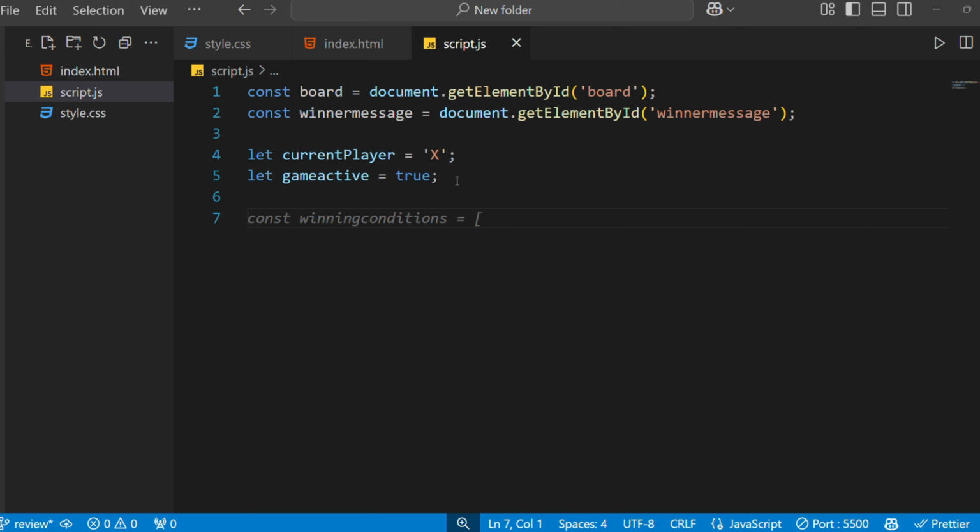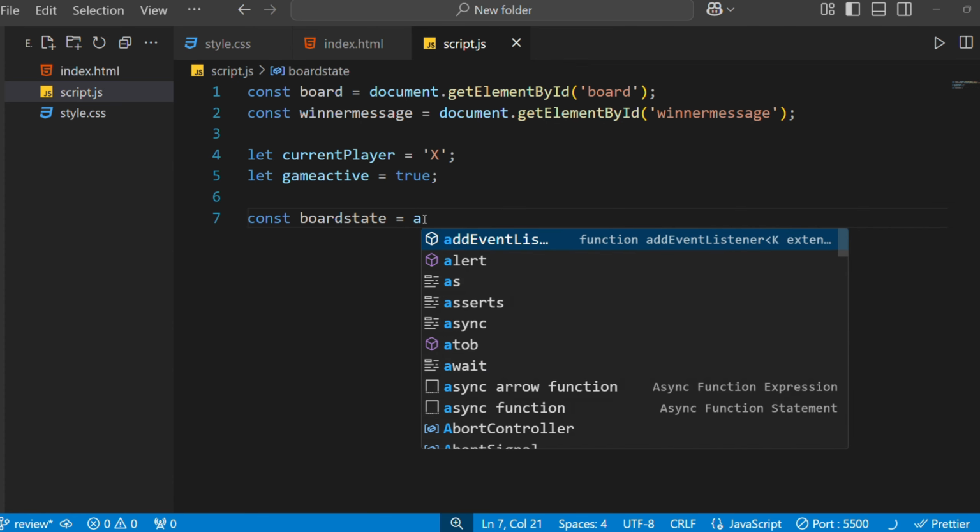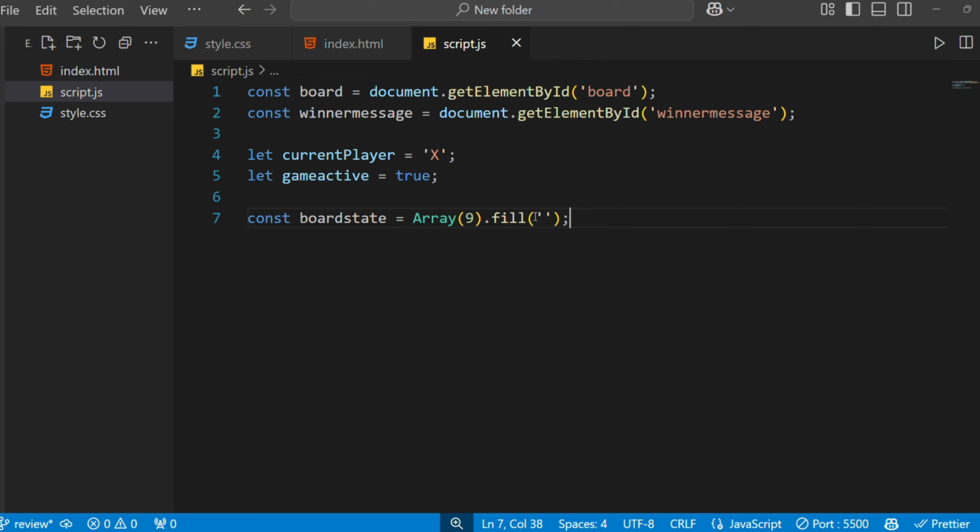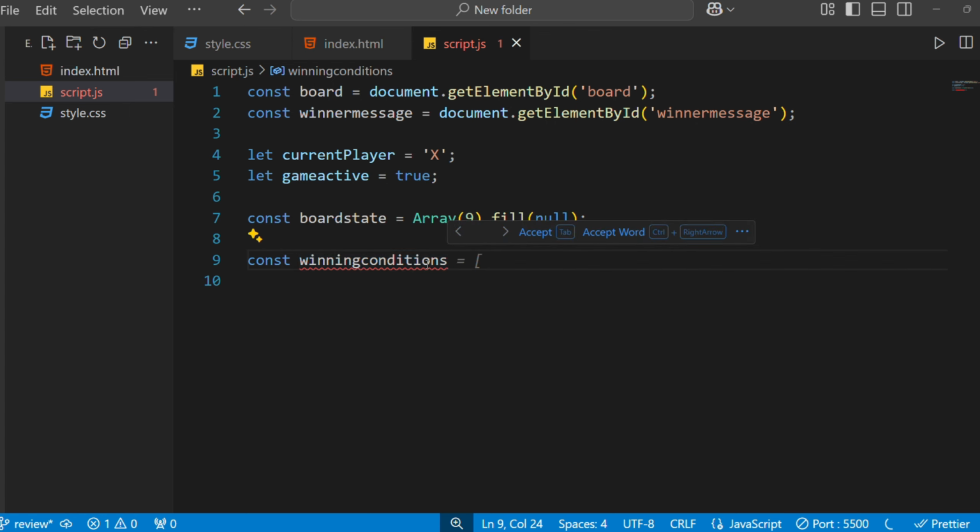Now let's create a board state variable where I will store arrays, and initially I set it as null. So let me tell you it again, then we will move to the next. Here first we call an id in JavaScript, then we call a div using the id. Then I create a variable to store the players and another variable to store the conditions. And finally, I create a variable to store the array which has 9 elements and initially all are set to null.